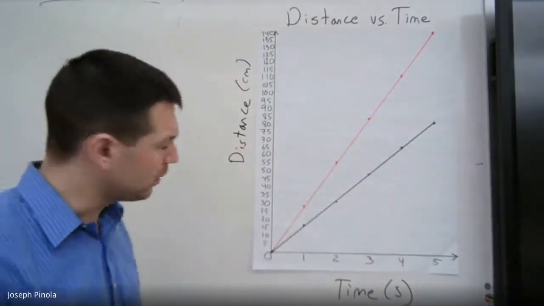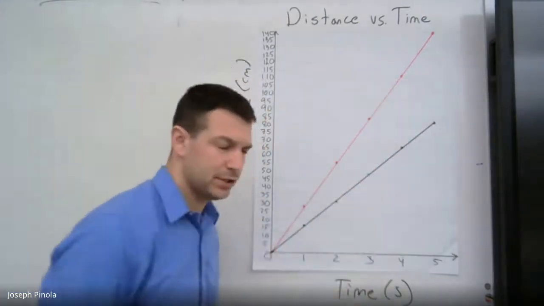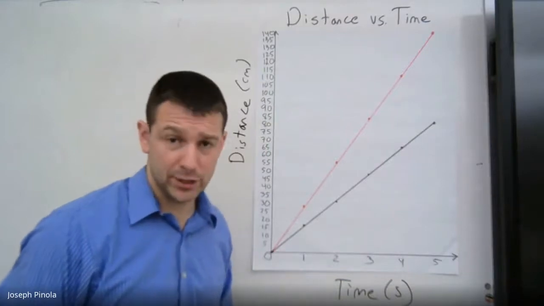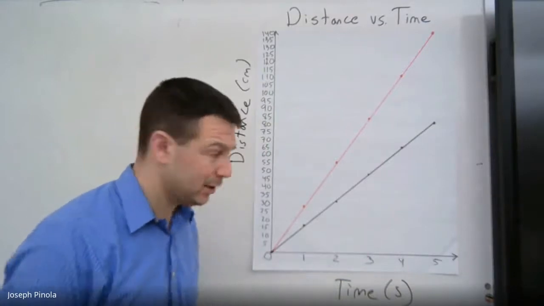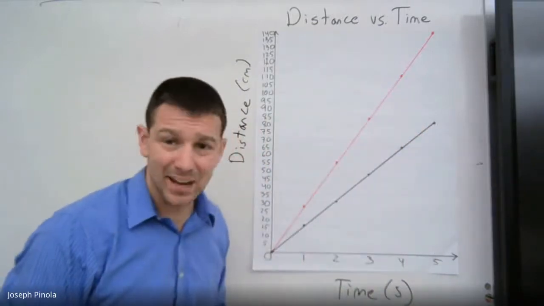Once again, you're going to notice the same type of pattern as the red train. It's a line going upwards. The black train was moving across the table. It was not moving uphill. So a line that is slanted upwards on a distance versus time graph does not mean that the object is